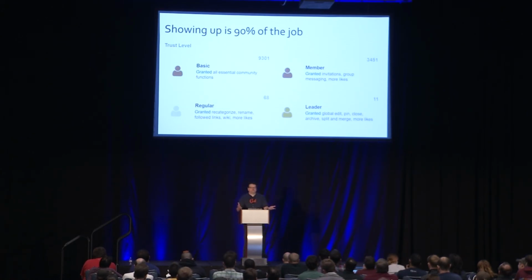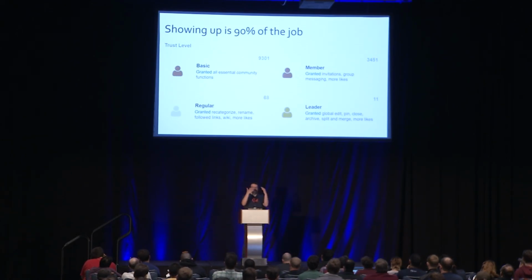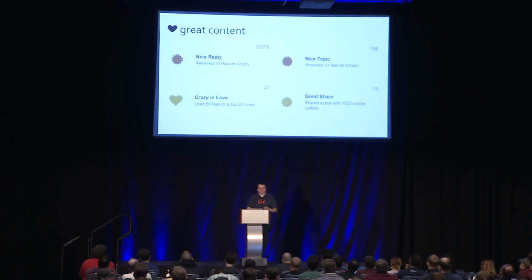People who show up consistently are kind of the backbone of your community. And we actually have a streak badge now. Since I put this slide together, we have, GitHub does this, Stack Overflow, when I was there, we had this. You get a badge for being there 10 days in a row. You get a badge for being there 100 days in a row. That kind of stuff has been added. And the more you're there, the more we trust you. The person who hangs out with us all the time, we feel like we know that person. And you actually get an ambient increase in your trust level based on simple repeat participation. Even if you don't actually post, you do have to read. But as long as you're reading and hanging out there, we'll trust you more.